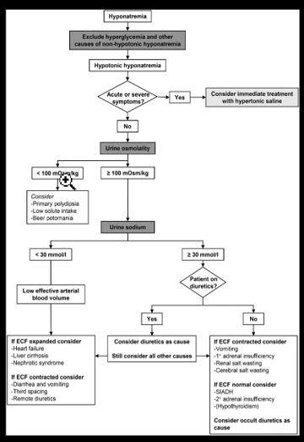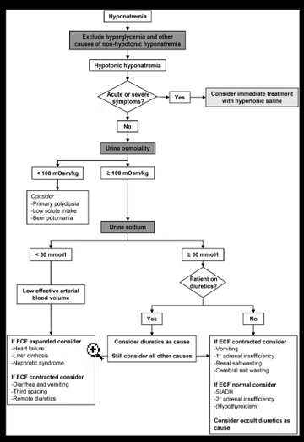If urine osmolarity is less than 100, the most likely causes are primary polydipsia, low solute intake, and potomania. If urine osmolarity is more than 100, then check the urine sodium. Your diagnosis depends on the urine sodium in this case. If it is less than 30 and the patient has low effective arterial blood volume, consider it if the